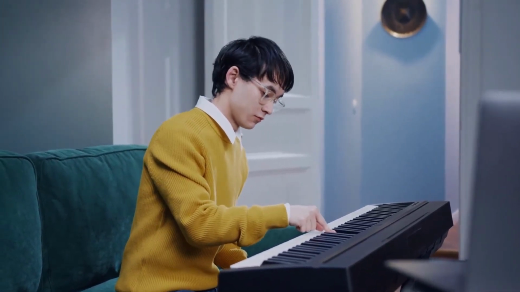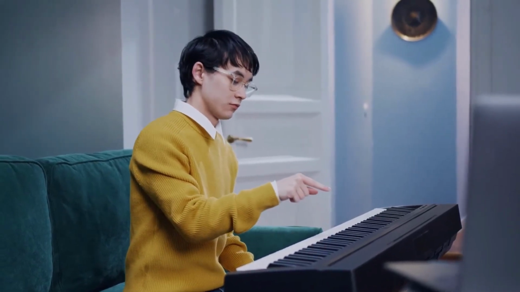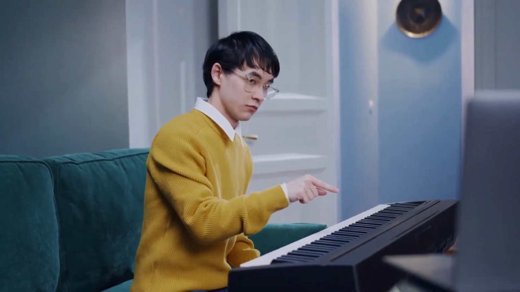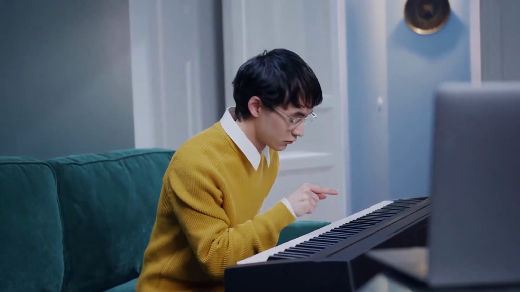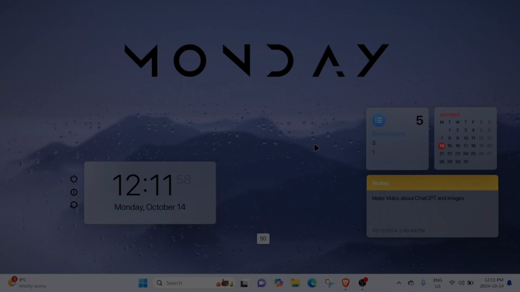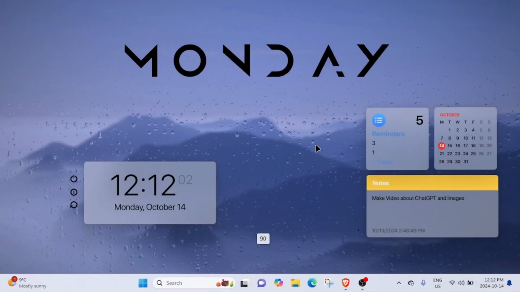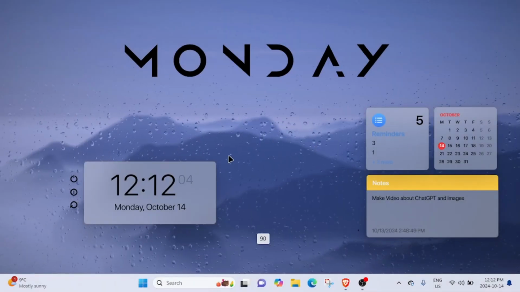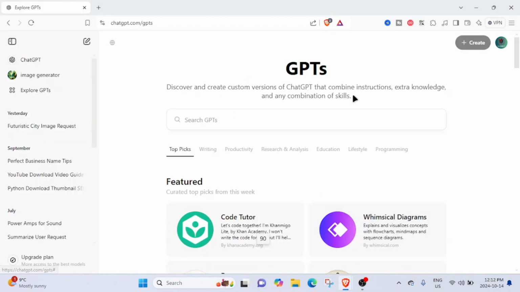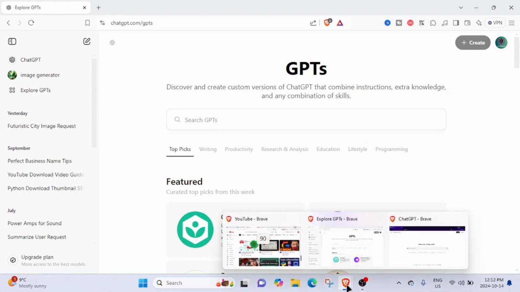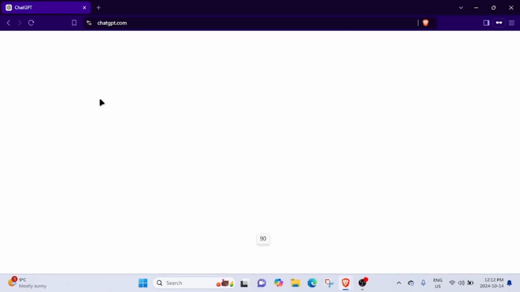So let's leave all of that and get into how to create images with AI. To make an image with ChatGPT, it's simple with some easy steps. So you go to your ChatGPT, if you have an account. If you don't have an account, you'll come